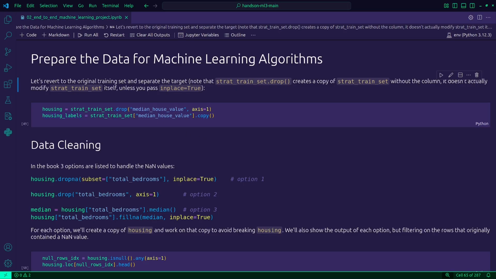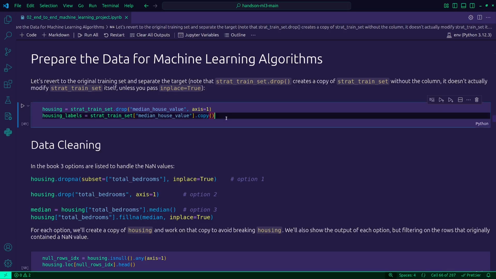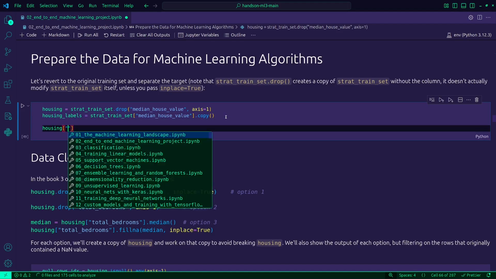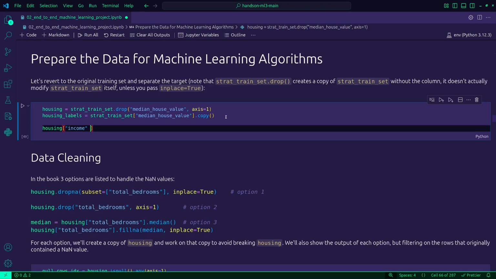Okay, so when we prepare data for machine learning, instead of hard coding every cleaning step, like, I don't know, housing income. I'm just dropping these out of the top of my head. pd.cut, blah blah blah blah blah. So instead of doing this, we should actually create